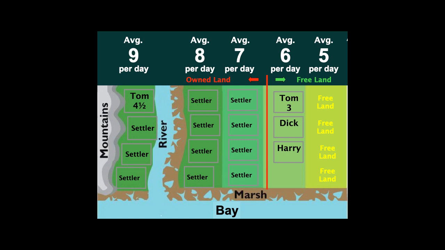And then Dick, who's the average worker, can produce $6 a day on the free land, $9 a day on the best land. How much can he offer? Well, he could offer anything up to $3, couldn't he? Otherwise, if he produces 9 and he gives more than 3, he would get less than 6. So he might say $2.90.